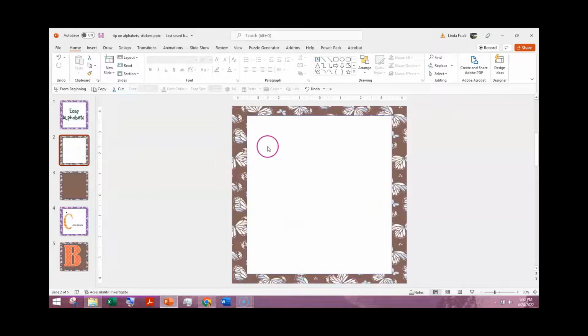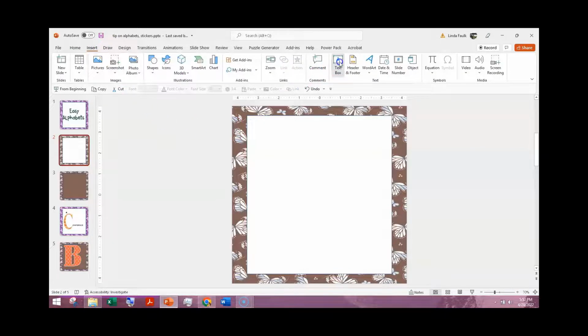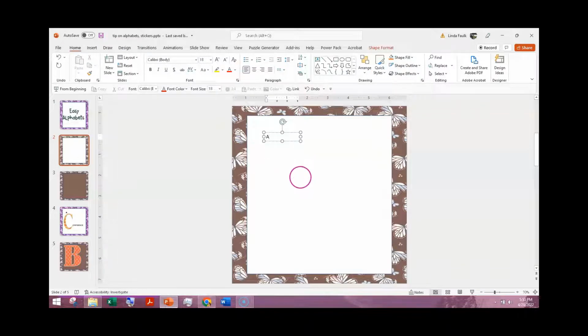entering a text box, and I'm working with an 8.5-inch slide here, only because it fits nicely on the screen. You can see my whole menu here, nothing's hidden, and I don't have to keep scrolling. We're going to save our finished product individually as pictures, not the slides anyway, so it's not going to matter. So I'm going to insert a text box, and I'm going to make an A, and you can tell it's a font, and right now it's at 18,